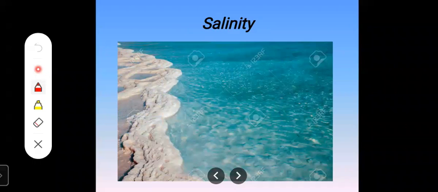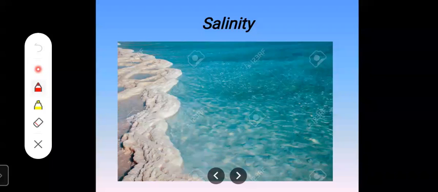Today we are going to see the second major property of seawater, that is salinity. Let's start now, students. But yesterday what we have learned, the two major properties of seawater. First was temperature and second was salinity. Do you remember we have done that? We have seen that experiment also. I hope you have